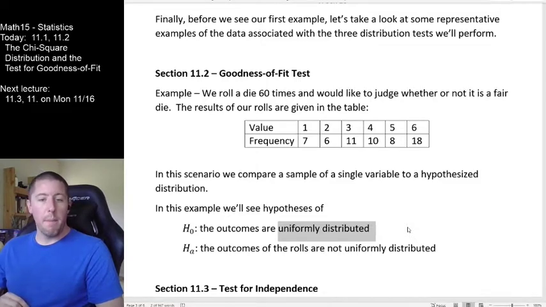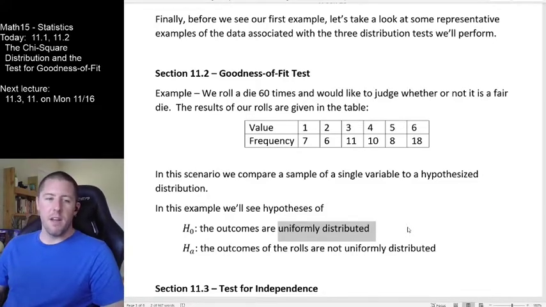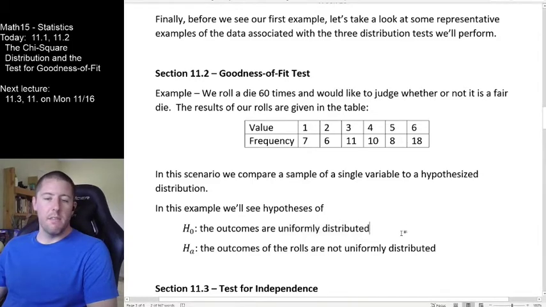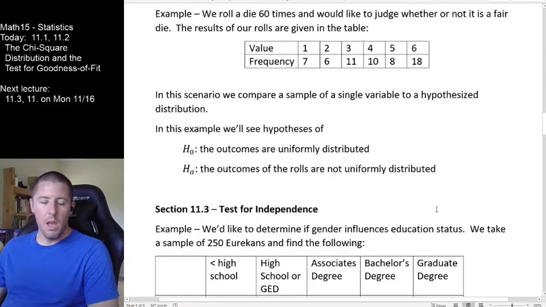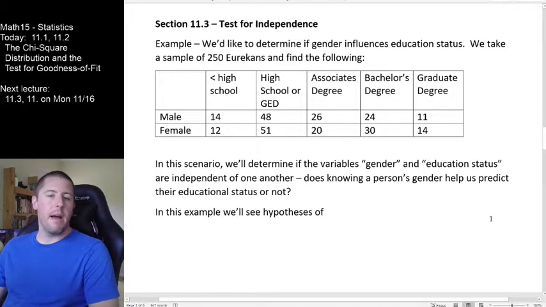And what we're going to do is compare our expected frequencies to our observed frequencies and see if the difference is large enough to convince us that this couldn't have come from a die that had a true uniform distribution of its values. So here our null and alternative hypotheses would be: the outcomes are uniformly distributed versus the outcomes are not uniformly distributed. In section 11.3, we're going to look at a test for independence, and we might ask,